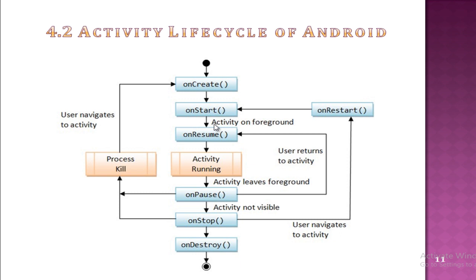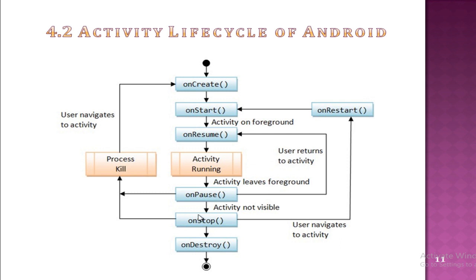Okay, so what you have to remember is that activity running means it is visible and interacting with the user, right? Paused means the activity is still visible but partially obscured, or invisible. The instance is running but might be killed by the system. When stopped, that means the activity is not visible, the instance is running but might be killed by the system.